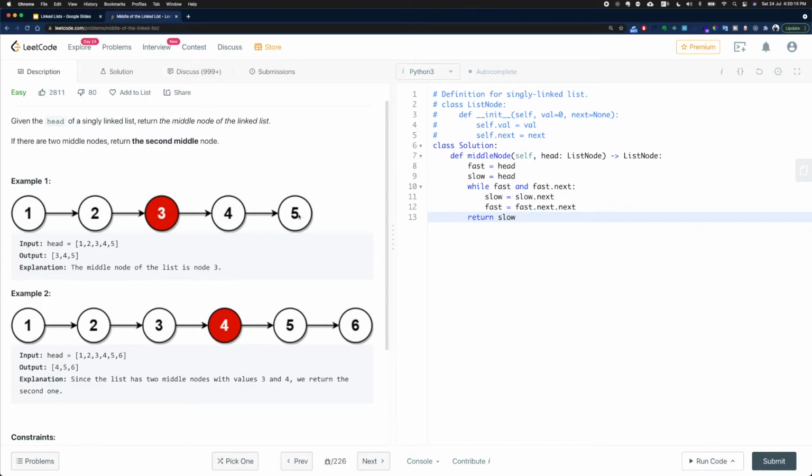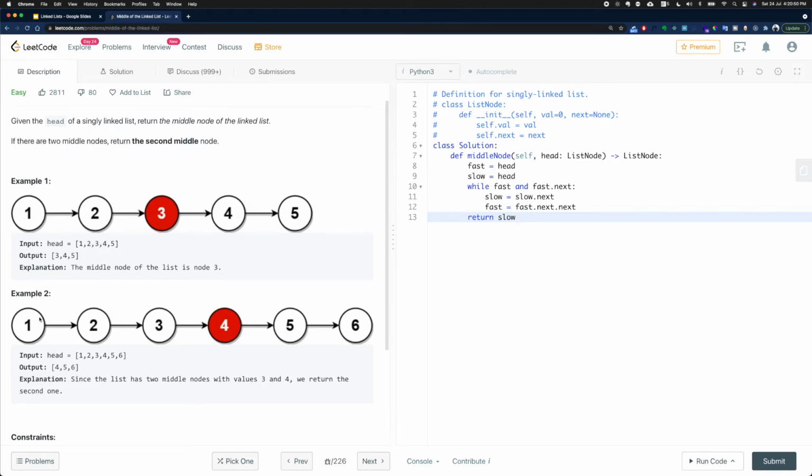At this point in the next iteration we are going to do a check, which checks whether fast is pointing to a valid node, which is yes. However, fast.next is pointing to none because it ends there, and this means the iteration won't continue and we will simply return the node being pointed to by the slow pointer. That's exactly right because our slow pointer is pointing to node 3 and that is the middle of the linked list.